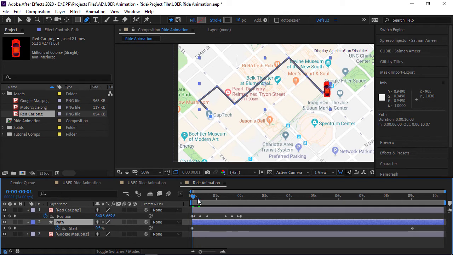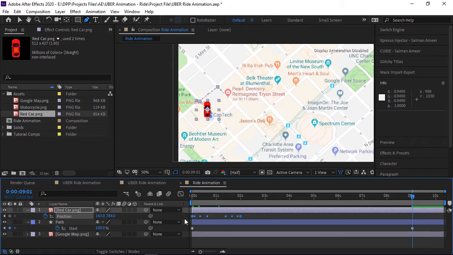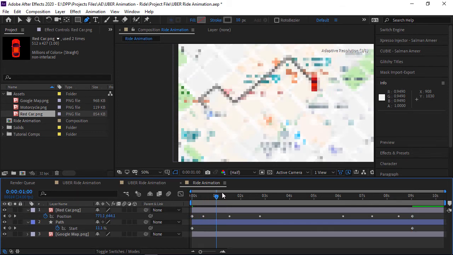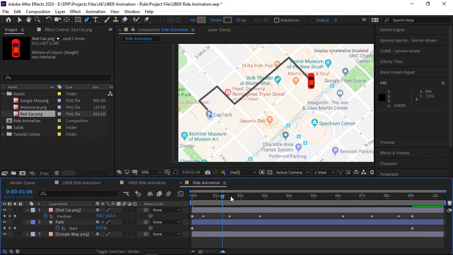and selecting all keyframes of my car and holding the Alt key, drag it or stretch it from here to match to this keyframe of the trim path start property. So if now I check my animation, it lined up perfectly correctly. Now we need to